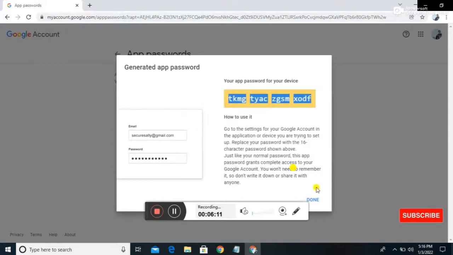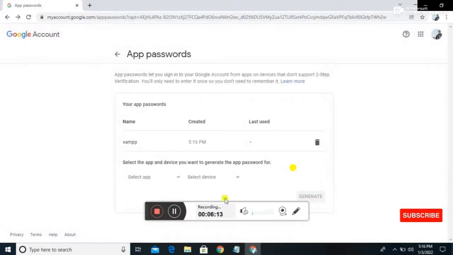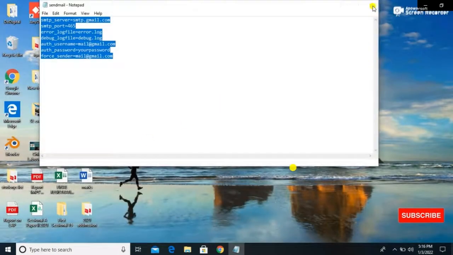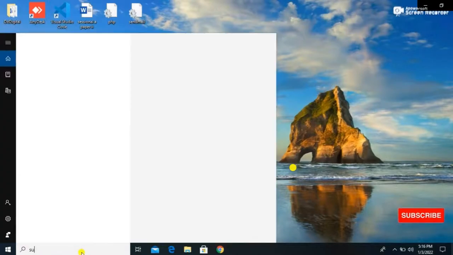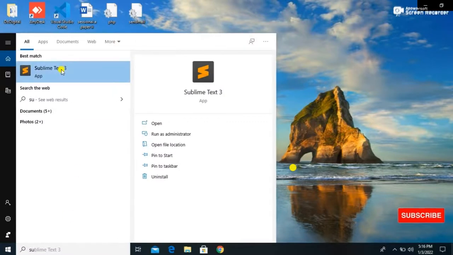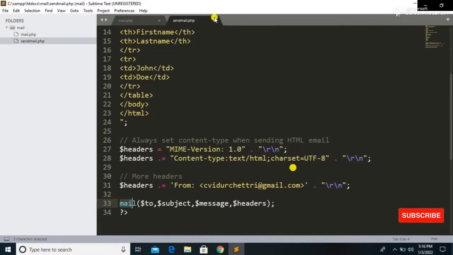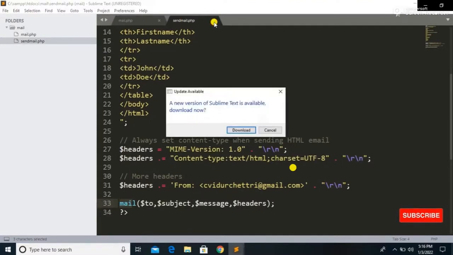Now we need to write the PHP script to send the mail. To write the code, you can use any text editor of your choice. Here I am using Sublime Text 3, and this is the code for sending mail.